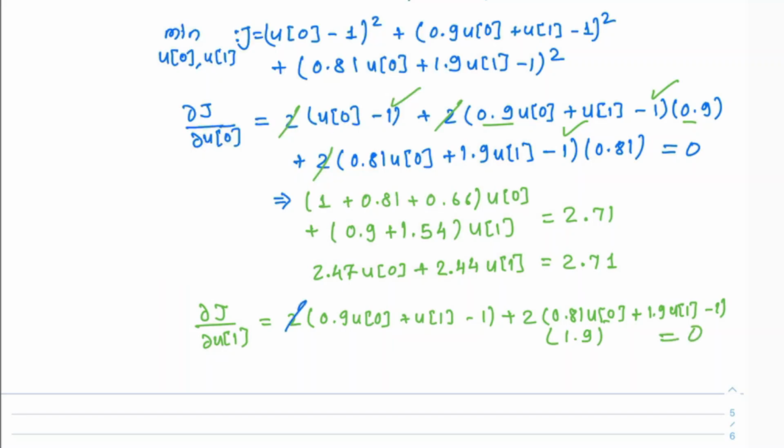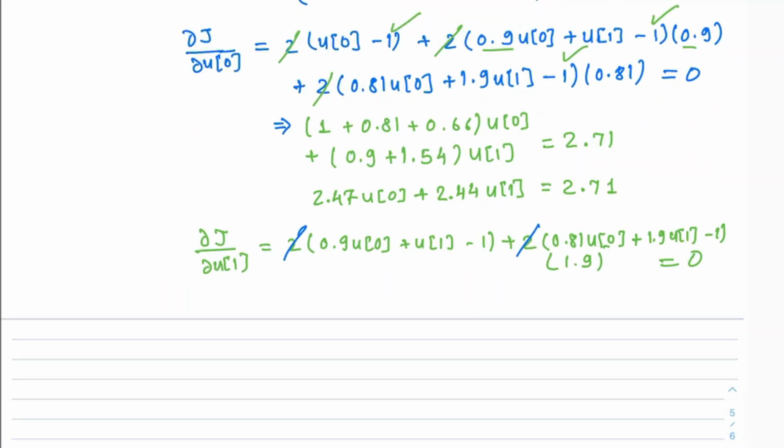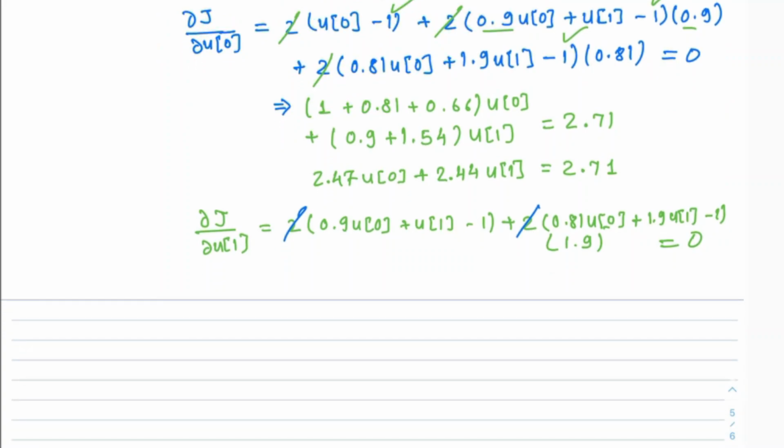So here also 2 and 2 would get cancelled, and if we combine the coefficients of u0, that is 0.9 plus 0.81, so that would be 1.71 into u0